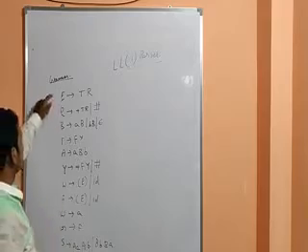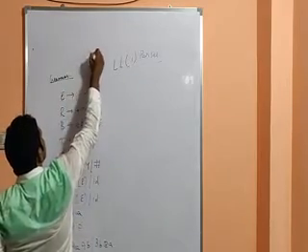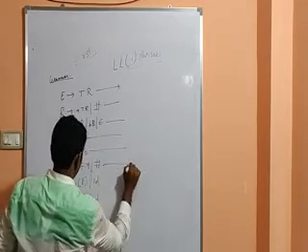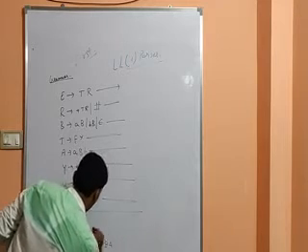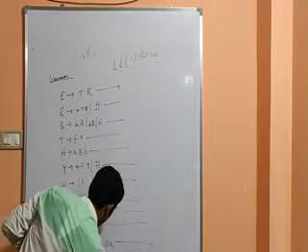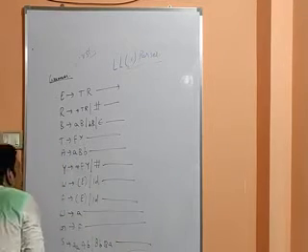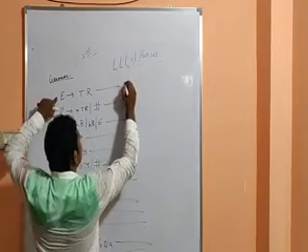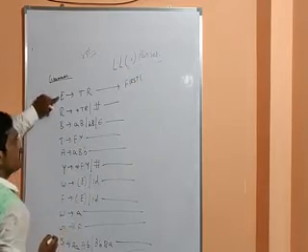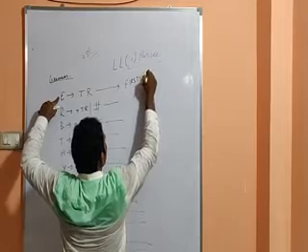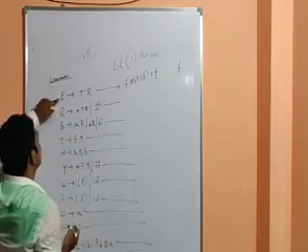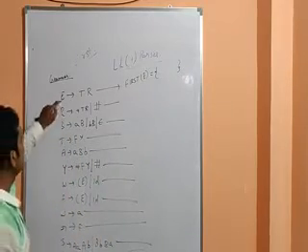Let us find the first of the given grammar. While finding the first of a given grammar, first we have to represent it as first of, and for what variable are we finding the first value? Capital E. That is why I write first of capital E is equal to, and whatever values you are representing, you have to mention in curly braces.